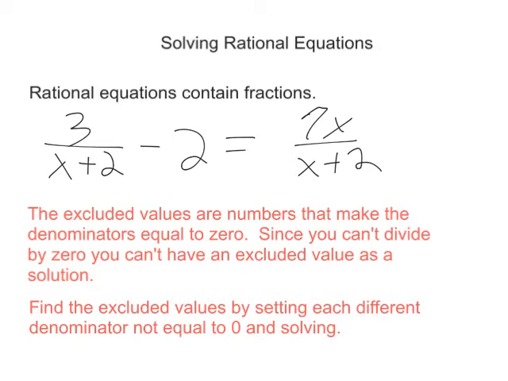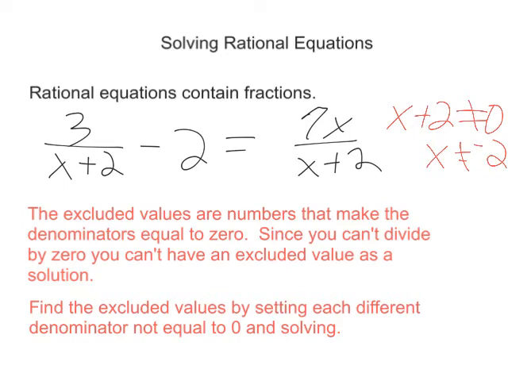So let's see what that would look like. I'm going to do this in red off to the side. We have one type of denominator. Okay, both denominators are the exact same factor. So all we have to do is set that one factor not equal to 0, and then we just solve that, okay? Just like you would regularly solve an equation. So if I subtract 2 from both sides here, I get x is not supposed to be equal to -2,